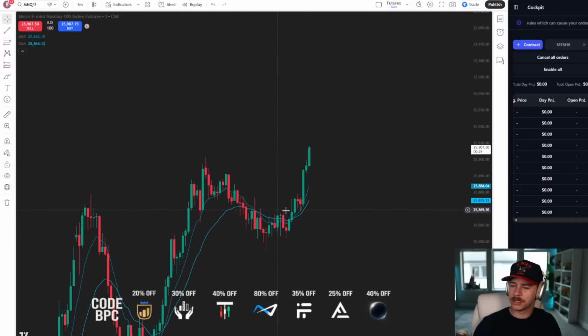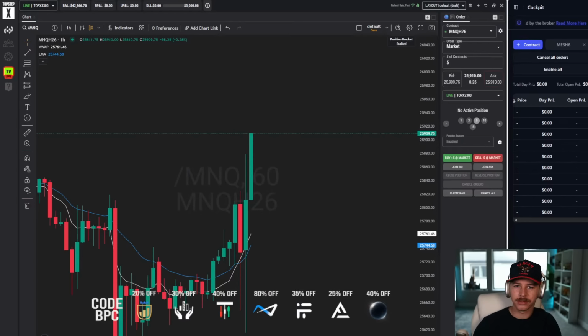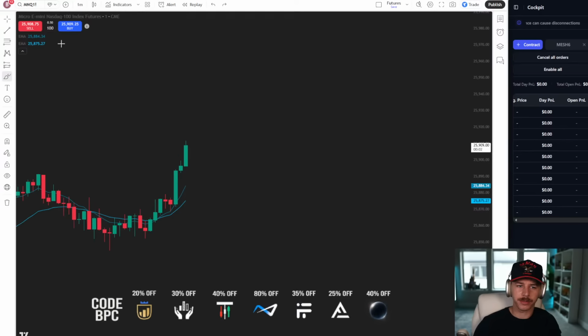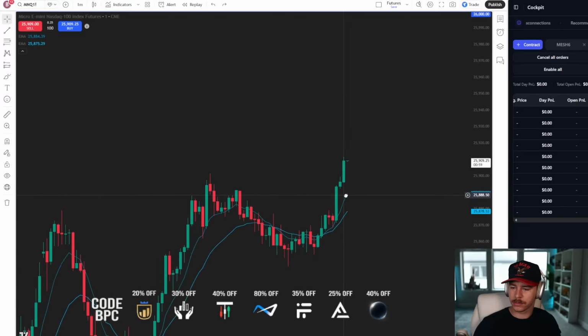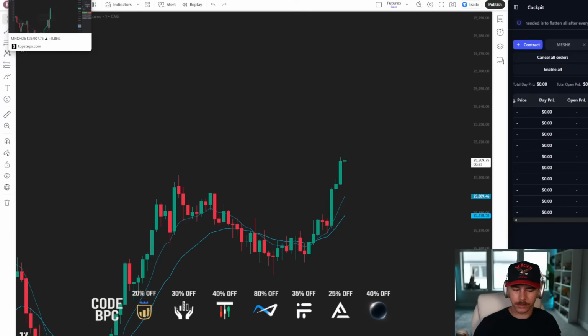Also, I feel like the data on TradingView seems a bit slow. Like these candles, it's just kind of slow. You know what I mean when I say that? It doesn't look live. It almost looks a little off. I don't know how to explain it, but I've noticed that sometimes. Yeah, the refresh. Okay, yeah.